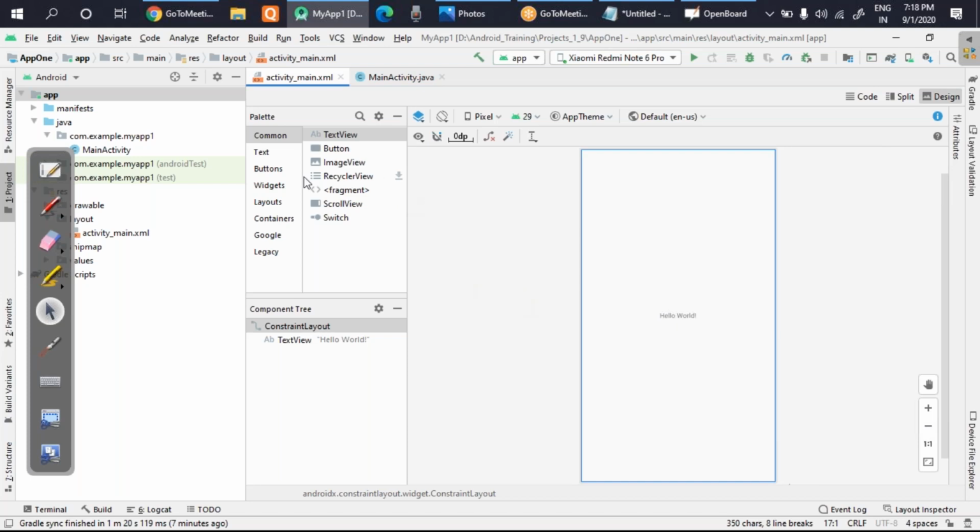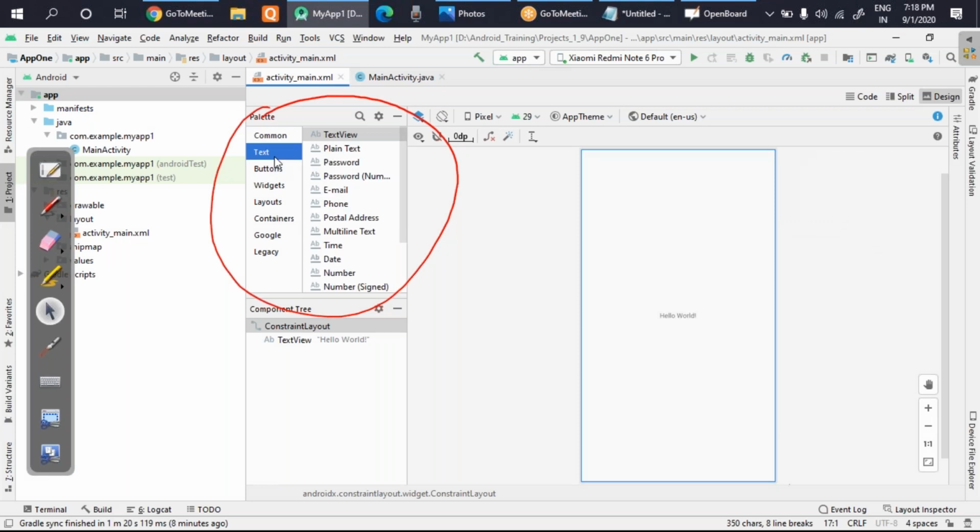If you look carefully here, this is called the kitchen of the design, meaning all kinds of items are present here. You can see a button, image view. In the text part, a lot of different kinds of text are present, like if you want to write a password, then you have to select this kind of text.